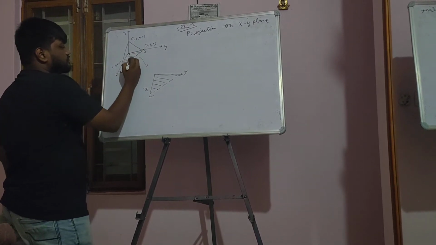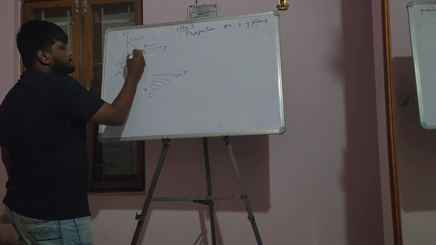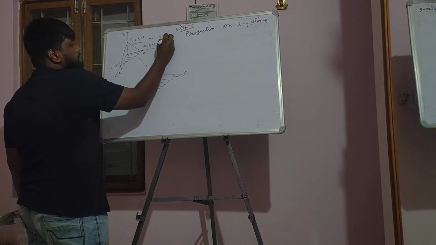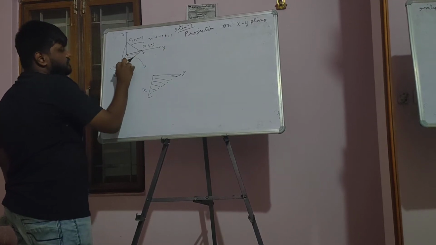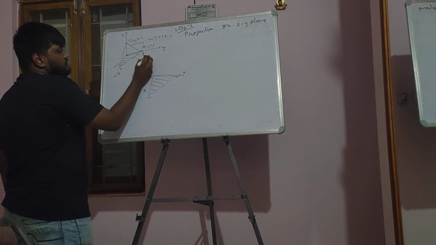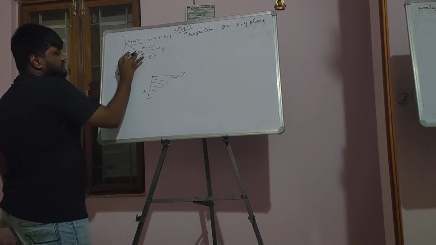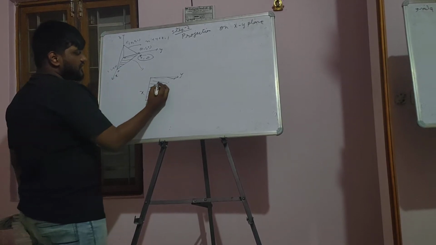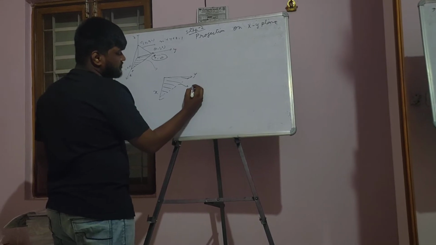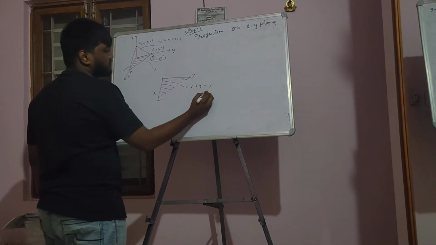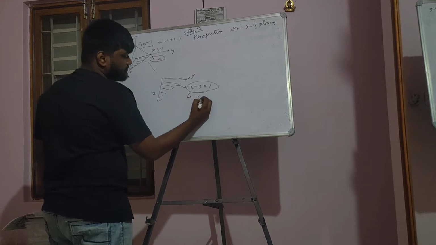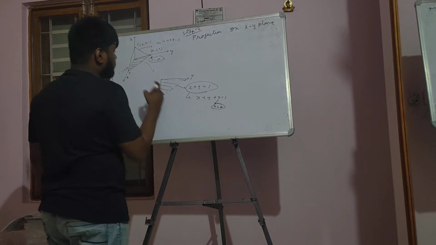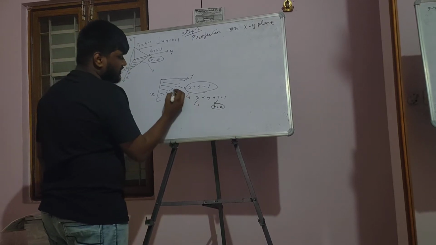We know that this is the plane x plus y plus z equal to 1. So in the shaded region, z is equal to 0, since it is the xy plane. Since we are projecting on the xy plane, z has to be 0. So this line has to satisfy x plus y equal to 1. I am substituting z equal to 0 into x plus y plus z equal to 1 because this is the xy plane. So we get the line x plus y equal to 1.